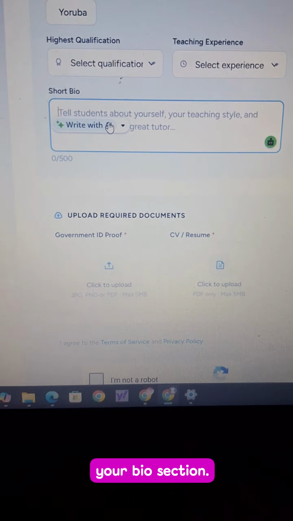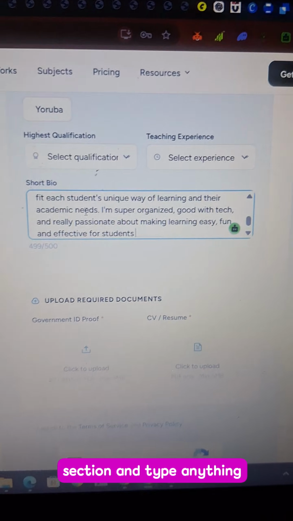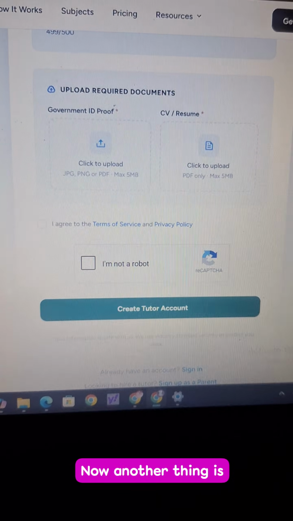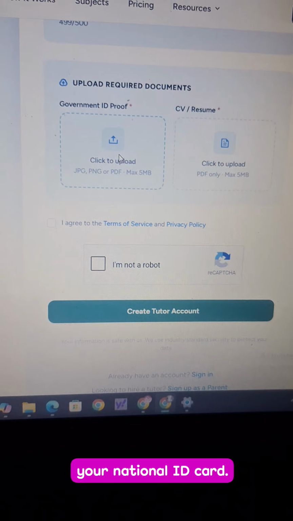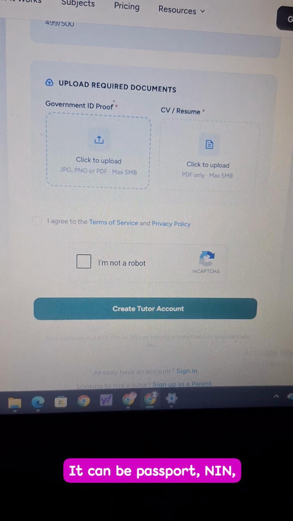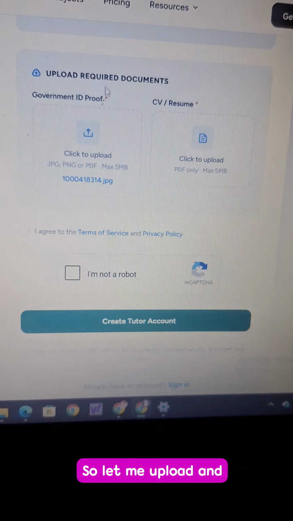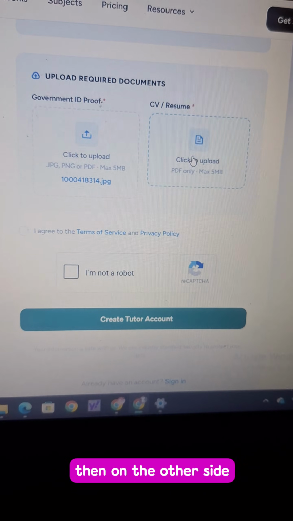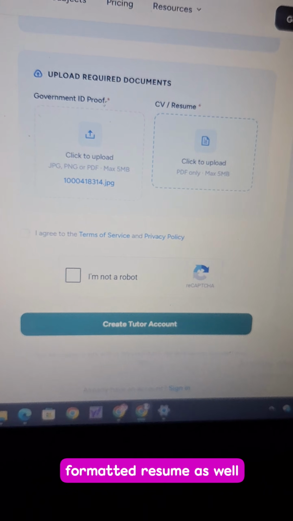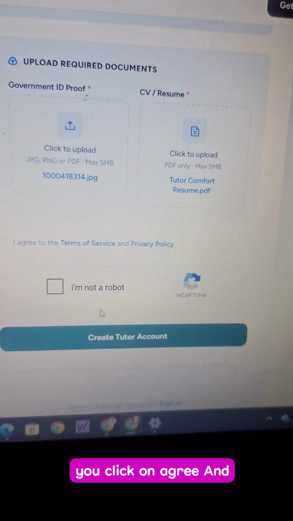So now you are in your bio section. Click in your bio section and type anything about you as a tutor. Mine is already copied. Another thing is your national ID card, your government approved ID card. It can be passport, NIN, driver's license, whichever one you have. So let me upload mine. And then on the other side, in your resume section, you upload your well formatted resume as well. So that is done. Then you click on agree,